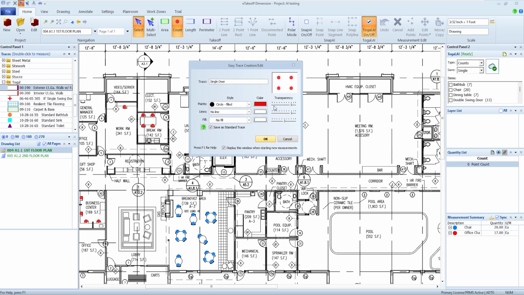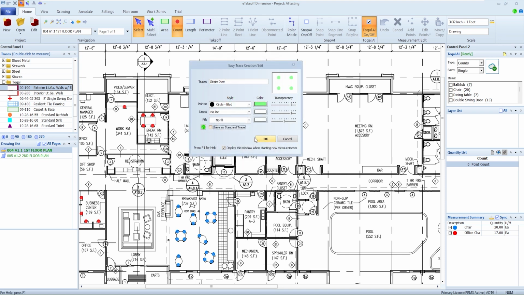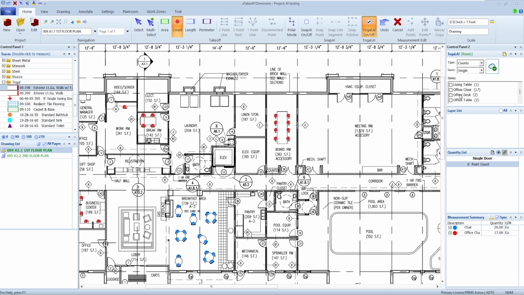Single doors. Maybe I want them to be something different yet. So let's say that's going to be that one. And then if I come back and say, yep, that was my single doors right there. Maybe it's gone through and taken off all my different single doors and so forth. So very, very powerful. I could still come back and say, oh, that's really not the same type of single door, and take it out of the mix and things like that. Just a very powerful way for the system to analyze your image and look and see what types of things it can automatically build you a subset of.